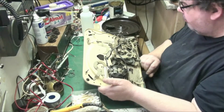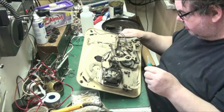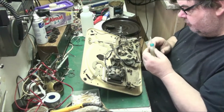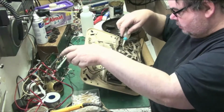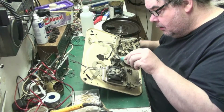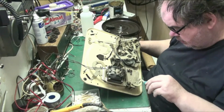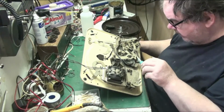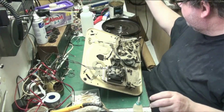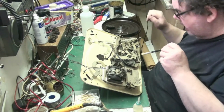So now what we'll do, we'll go around all the pivot points and we'll oil all the pivot points. I don't have the lubrication chart, but I don't feel that I need it. There we go, bit in there. Bit there. Bit there. Only need a little bit. A little bit goes a long way. We'll put a bit more grease actually. Let's get the grease back out. And this had a bit of grease on it, so we'll get a bit of grease on here. And we'll get a bit of grease